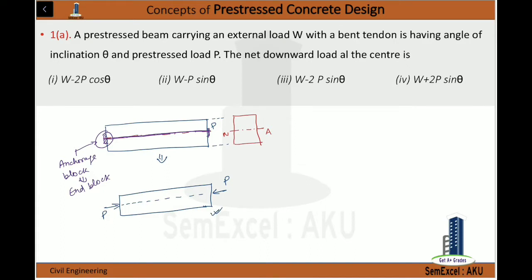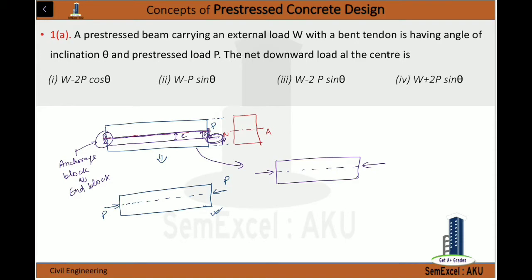Now let's say this cable is provided at some distance E from the central line. In this case, we have a compressive force at the central location and an equivalent moment. Now see, all the compressive force will be here, right? So due to this compressive force, we have an additional moment, P into this distance E, and this will be a hogging moment.